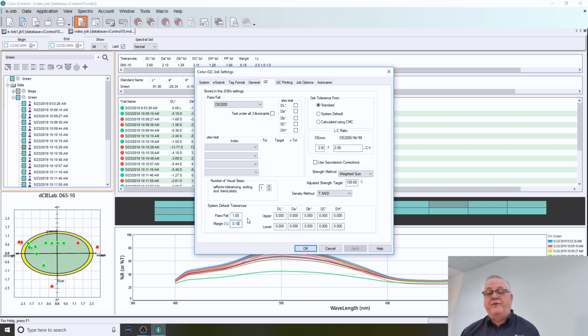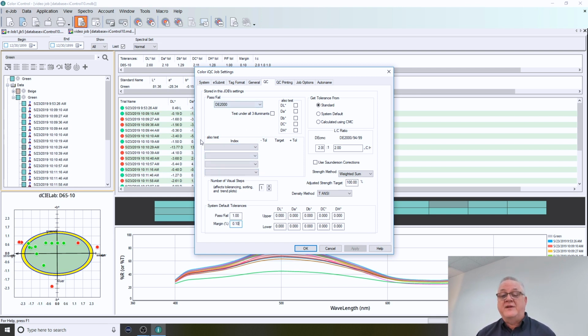This is especially helpful if you're in the process of measuring repeatedly through a run, right? A batch of something. You're making 10,000 of them and you take a measurement once every 1,000 samples. If you start to see those trials starting to drift further and further from the standard, and you start moving from a green pass to a yellow margin, it can be an indicator for you to take some action.